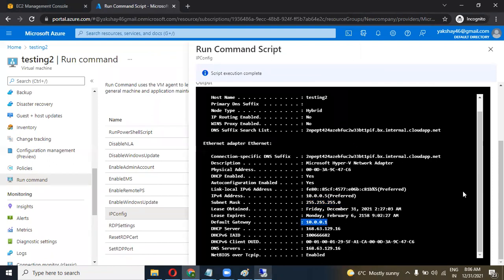But it is used for troubleshooting purposes or network purposes. Network troubleshooting purposes: if your RDP is not coming, then you can troubleshoot it from here. It is used for troubleshooting purposes. Whenever your Windows server is not working, then you can use the run command option here. So you can directly execute the command on the server. Got it?